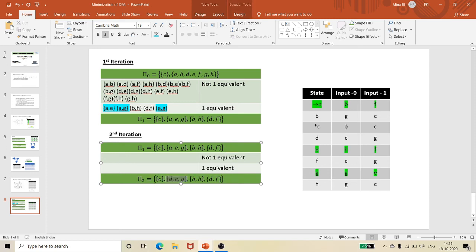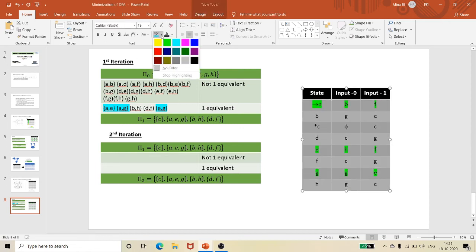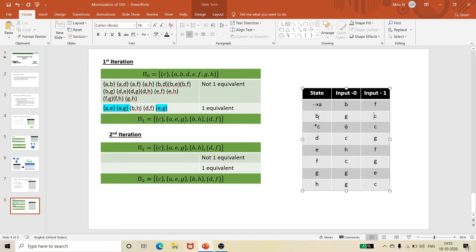C is already a set, so I cannot divide it, and B and H and D and F cannot be divided, because you know very well those become a complete set. I cannot remove it, and even though you can see this B and H,